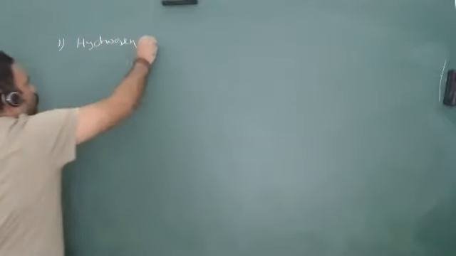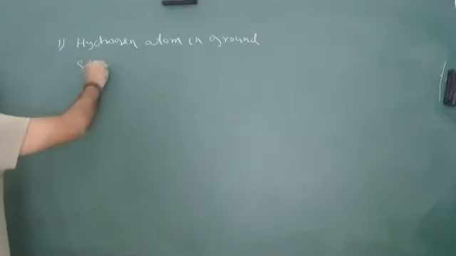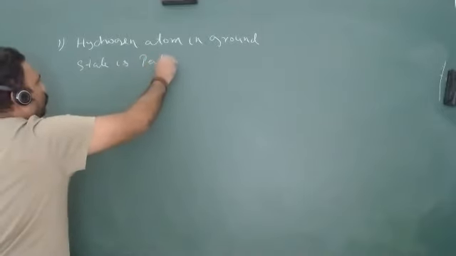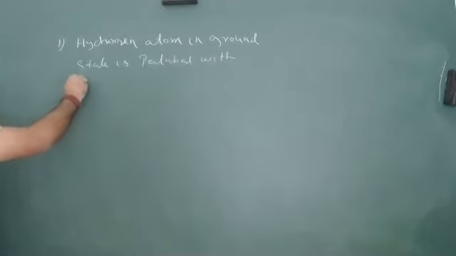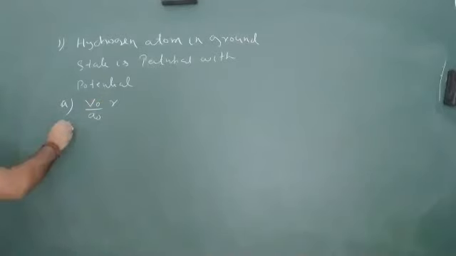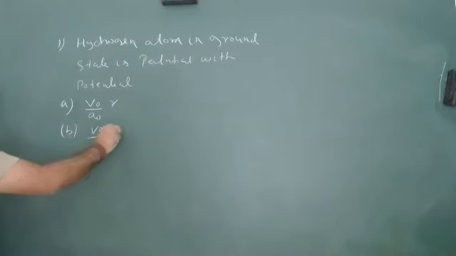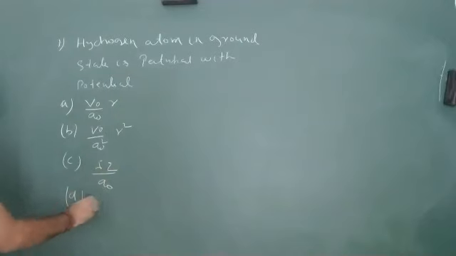So a hydrogen atom in the ground state is perturbed with potential: A, a number, let's say V naught by a naught r; B, V naught a naught square r square; C, lambda z by a naught; D, lambda x a naught; E, lambda